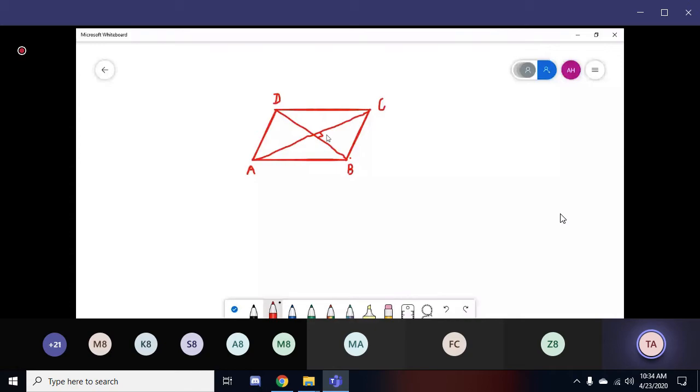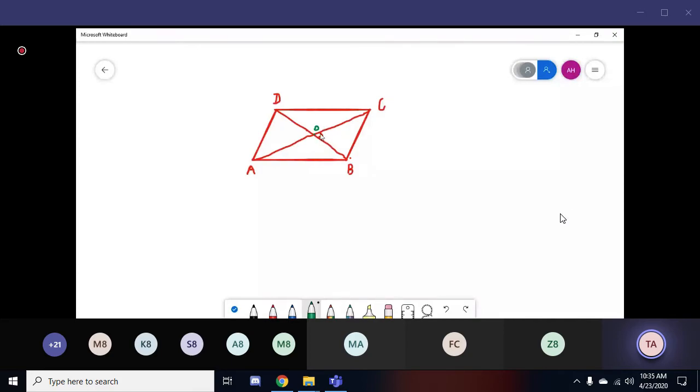Let me use another color. If this is 90 degrees, I mean say BOC, it said mark it as O. They meet at O. The two diagonals meet at O. Zawar showed it to me. He was right. This is point O where the two diagonals meet each other. It is very clear to you all. Mark it as O. Then angle BOC was given to you as 90 degrees.